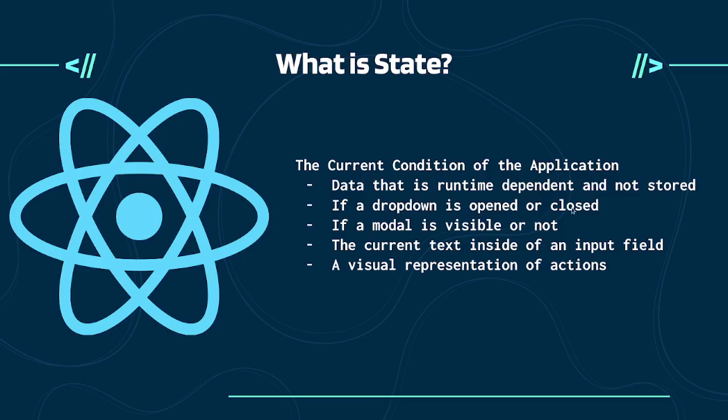What is state? I bring this up a lot. It is the current condition of the application. Sounds a little vague, but by that I mean the interactive condition. So where the mouse is. Remember how I said I want to toggle everything? When I click it, it stays up. When I refresh the page, I lose all of that information because it's stateful. It is in the context of our current session.